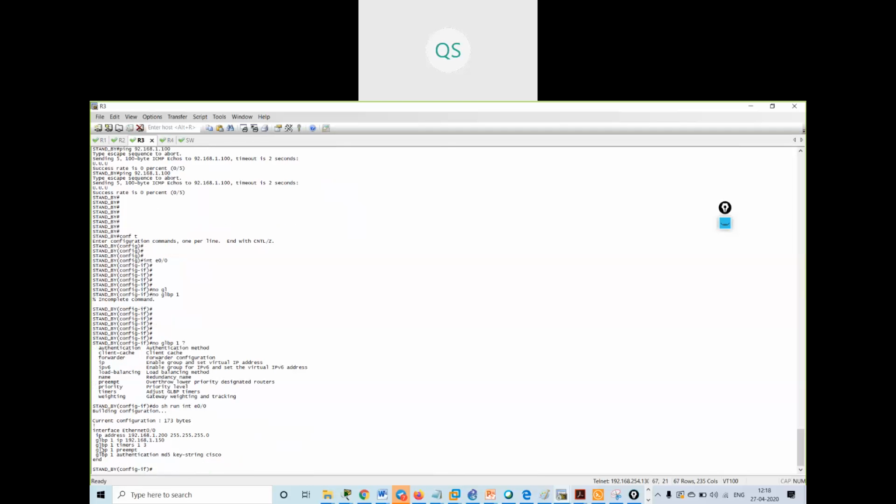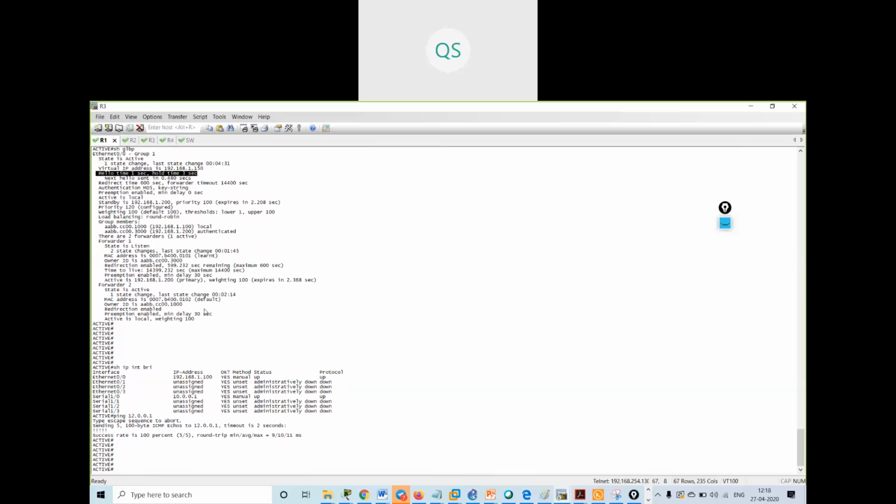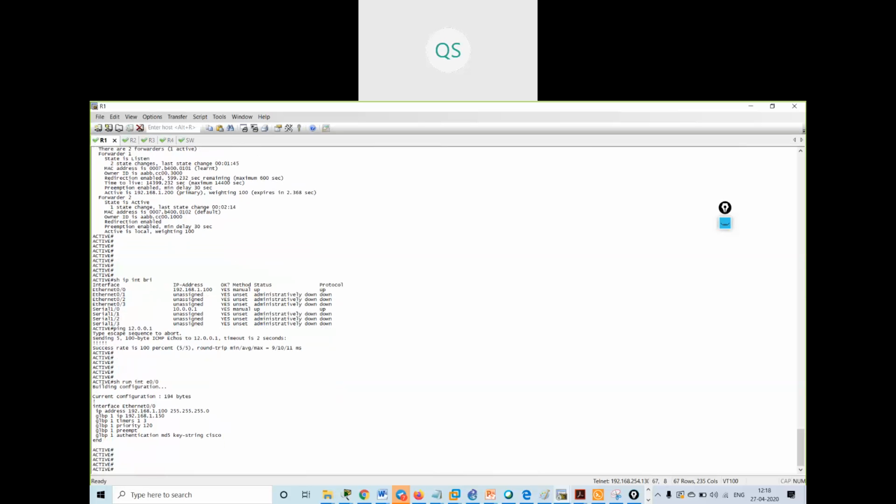So this is my configuration. Cisco. Where is the mistake? Show run interface E0/0. Both the gateways cannot ping each other. That is the reason my packet is not going.